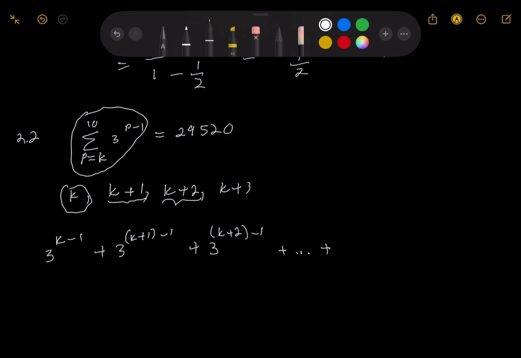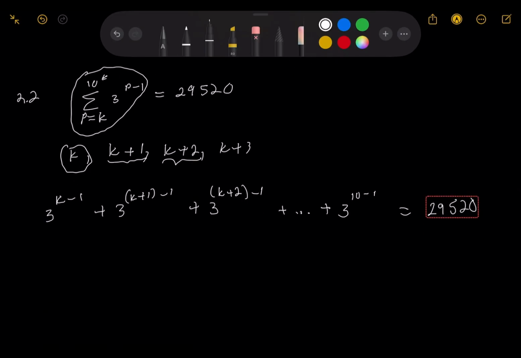until we get term number 10. And where we see p, we are going to sub in the last term, which is the value of 10. Therefore, it's going to be 3 to the power 10 minus 1. And there you have it, which must be equal to 29520. Okay,